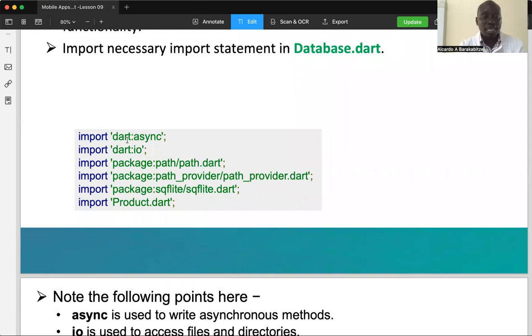Import dart:async, import dart:io, import package:path/path.dart, import package:path_provider that we created in the previous slide, and install all the dependencies of the path provider, to provide a path for your SQLite methods. And so import package:sqflite.dart, and then import